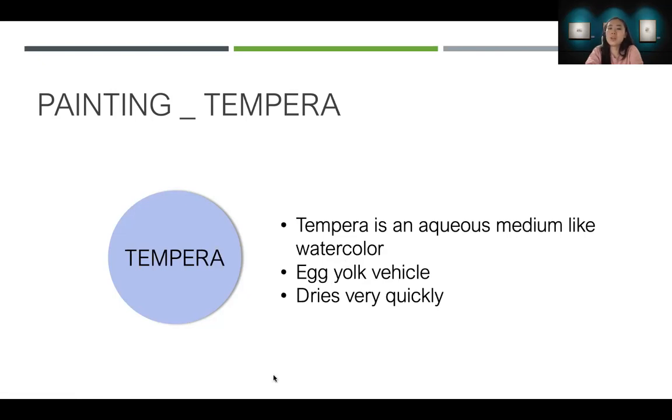So let me share a video of how egg yolk works as a vehicle